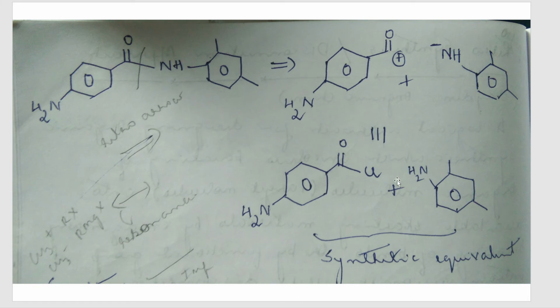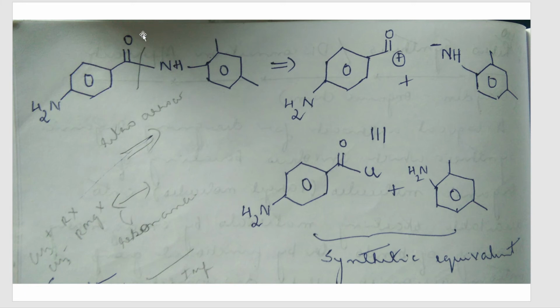So how do you write this disconnection approach, students? First you will see where you can disconnect in such a way that, always keep in your mind, the reverse reaction should always be feasible. If you can't disconnect it here, that is not a very feasible way. But here you can see that there is one H here, there is Cl here. Usually in the reaction, there will be elimination of HCl and this product might have formed. So that is one very feasible manner in which this reaction would have formed, correct?